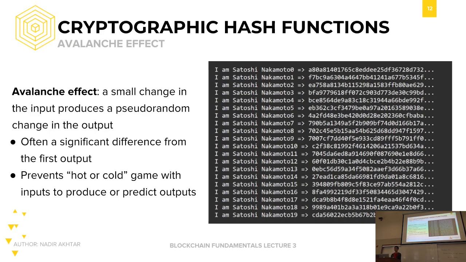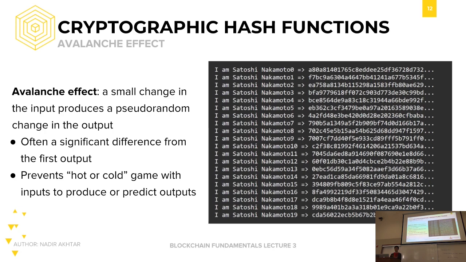So the avalanche effect is basically saying that any change in the input should change the output. Let's say I have the letter A and I hash it and I get an output, the hash of A, right? Let's say I just change it to the letter B, or I add, let's say, AB to it, or something like that. Even though the inputs seem very similar to one another, their outputs should not be completely different, but it should add a pseudo-random change. They could be, by chance, similar, but in the general case, or in the average case, they should be